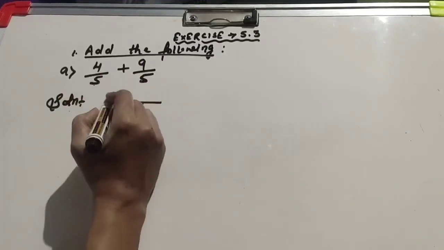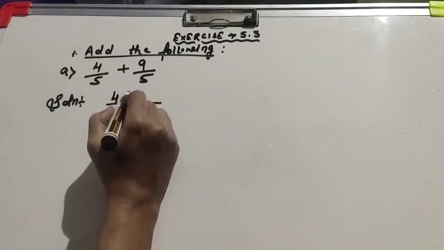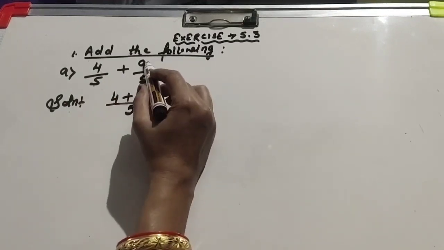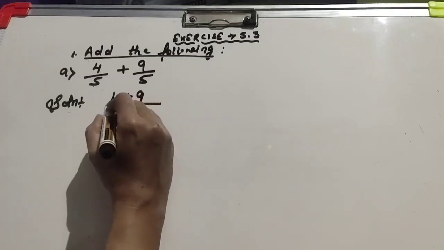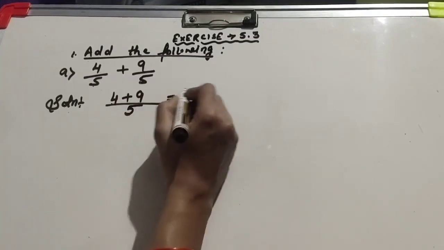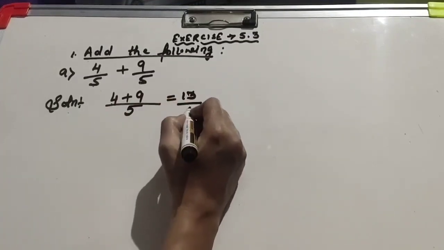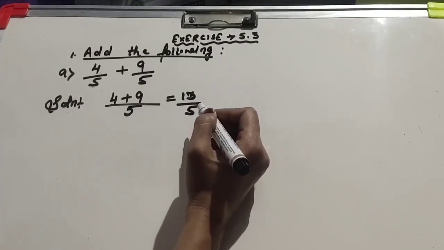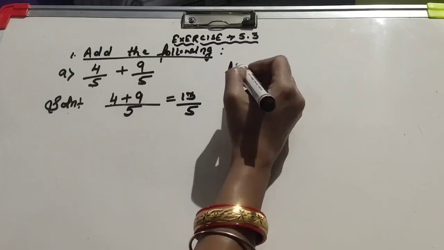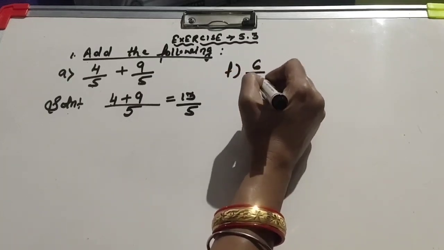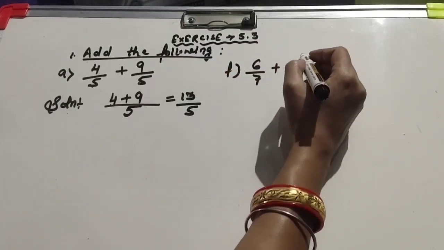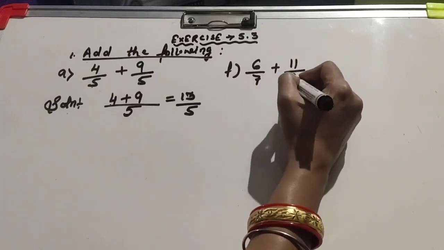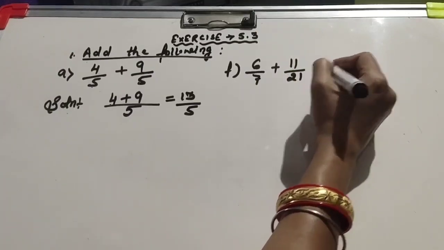In the numerator, 4 is given, you just write 4, the addition sign is there, and here 9 is given, you just have to write 9. 4 plus 9 is equal to 13 by 5, that is your answer. One more question I have to solve, question number F: 6 by 7 plus 11 by 21 plus 5 by 14